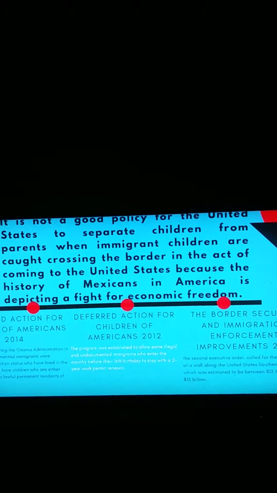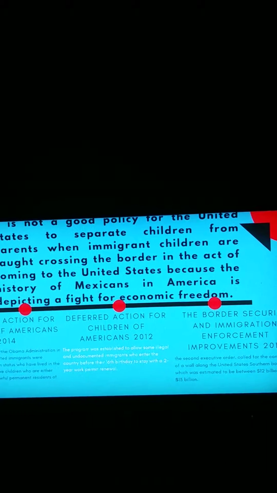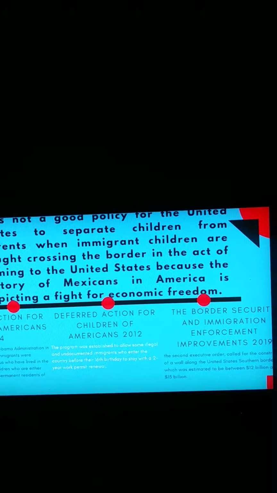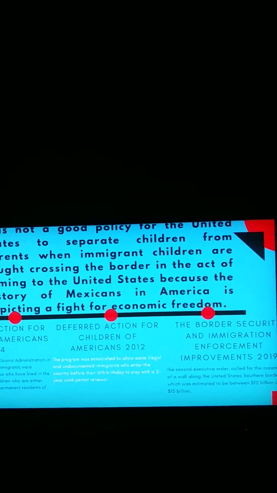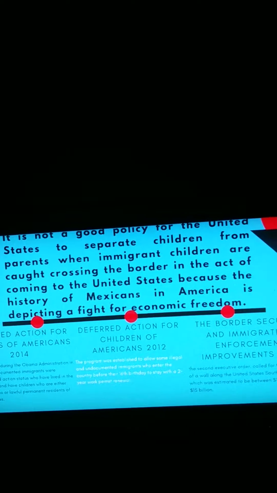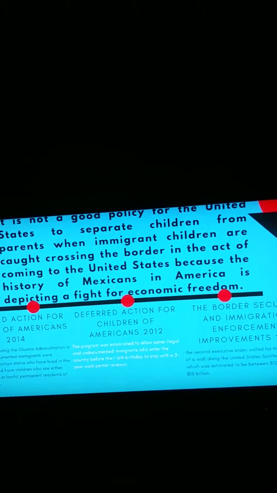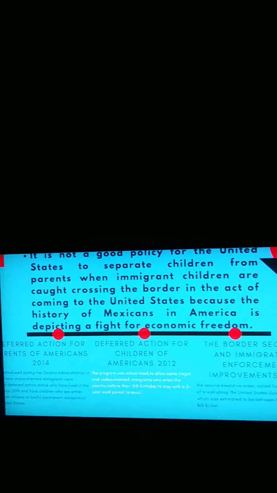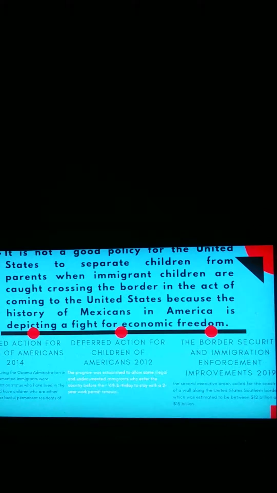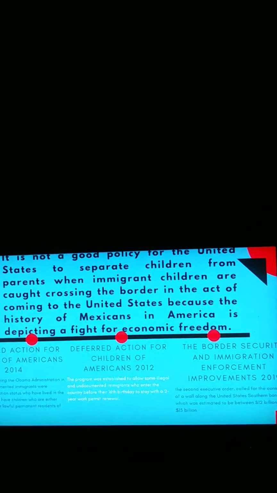I do not believe that it is a good policy for the United States to separate children from parents when immigrant children are caught crossing the border, because the history of Mexicans in America depicts a fight for economic freedom, as I just showed you in the previous slides of their history. The 3 laws that I have found that relate to separating children from their parents are the Deferred Action for Parents of Americans,